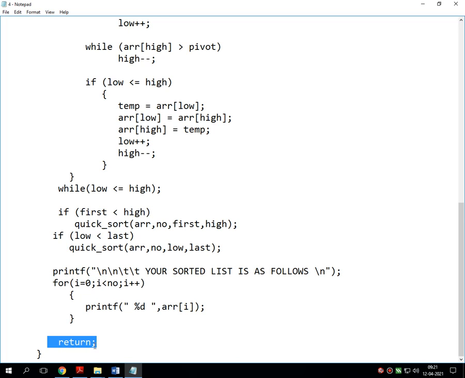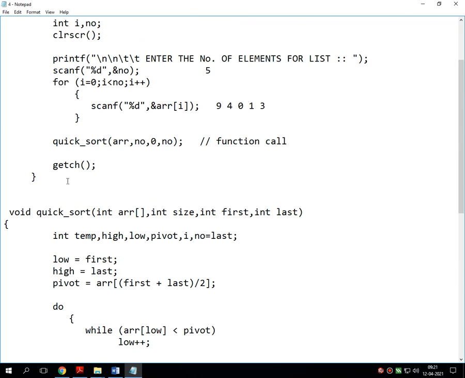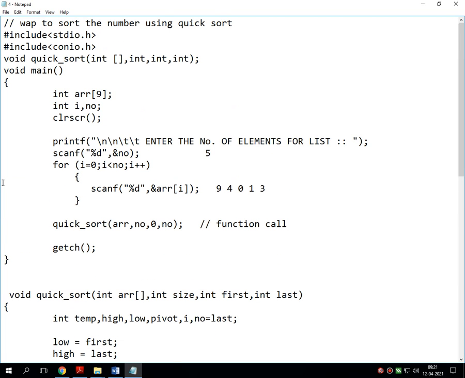Once all the sorted values are printed onto the screen, it returns to the void main statement. There is a getch, so the sorted values will be displayed onto the screen without pressing Alt F5. So in this way, quick sort works.